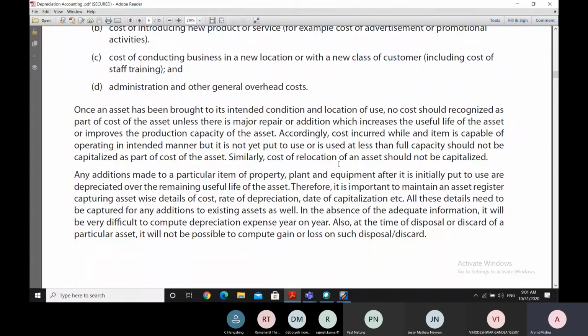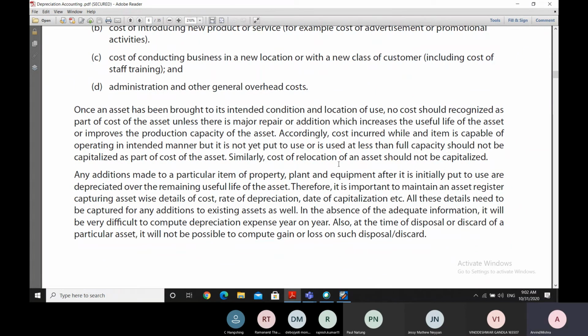When we say it will not be depreciated, it will not be treated as part of the depreciable value of that asset on which depreciation should be allowed. So any cost of relocation of an asset should not be capitalized